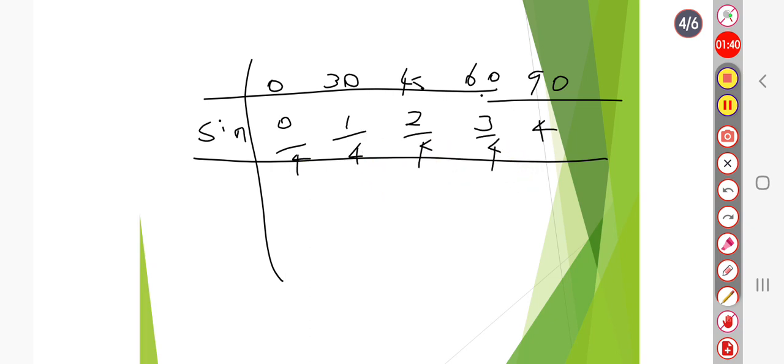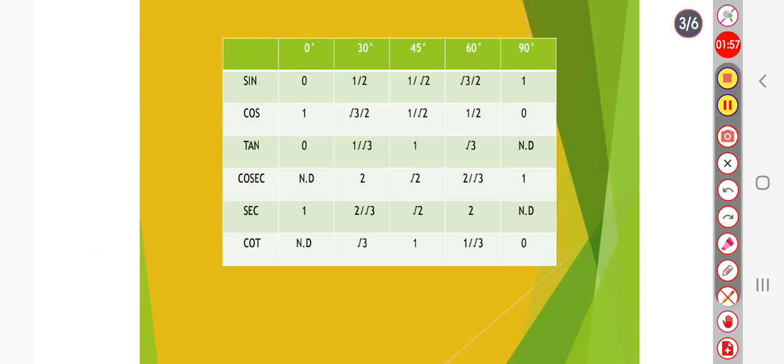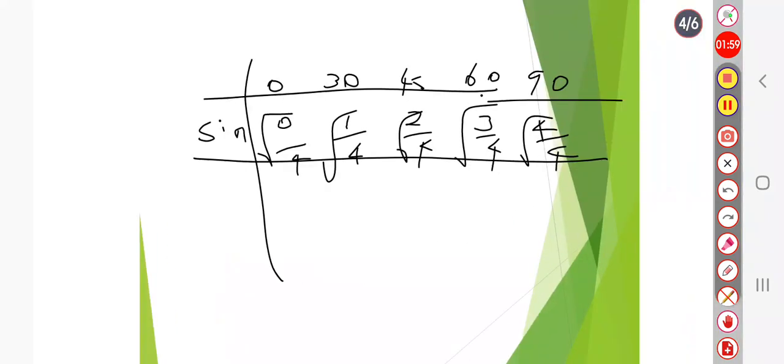Clearly understand, the first step is we write 0, 1, 2, 3, 4. The next step is everything divided by 4. Now put the root. So upon finding the answer, this will be the same as the values present in the table. See here,